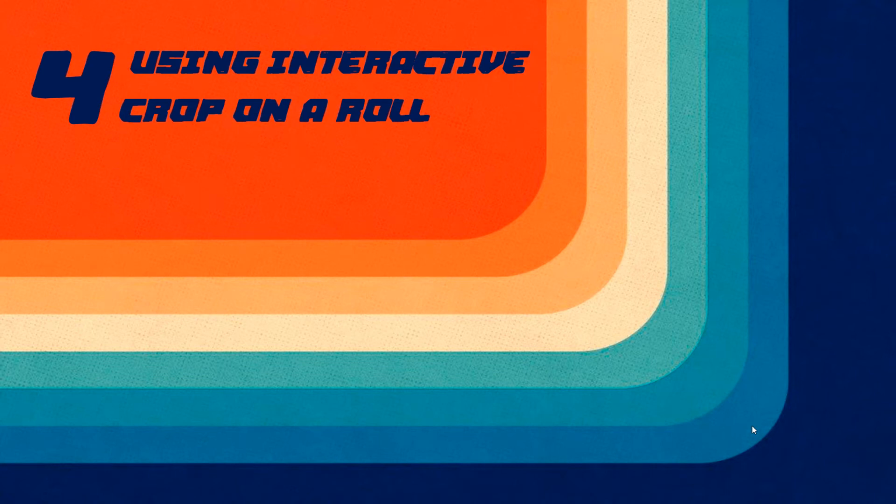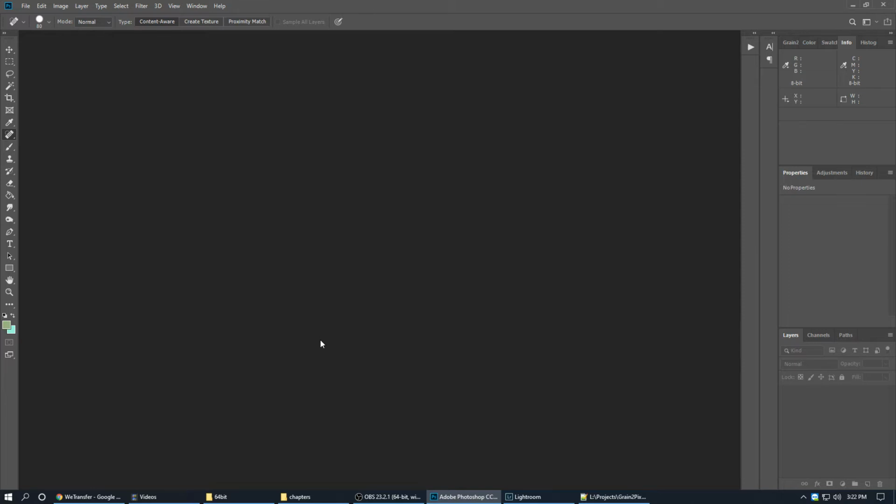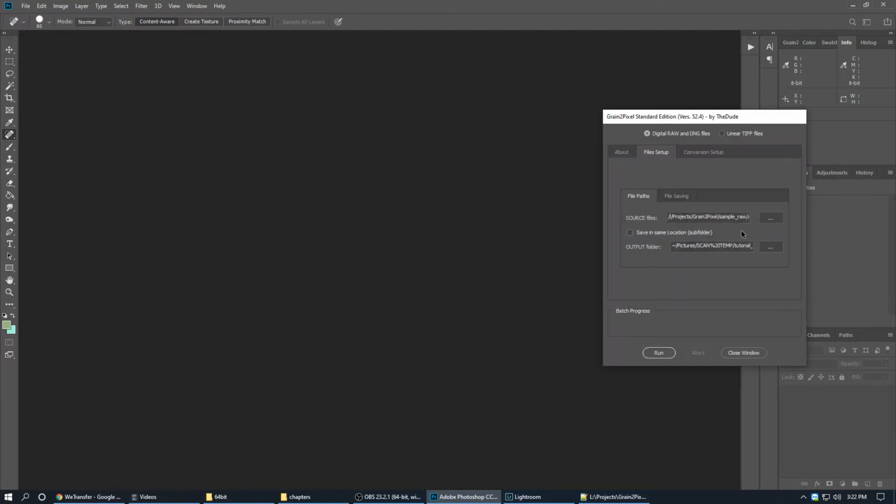Hello again. Let's make a short tutorial now about how to use the interactive crop tool on a roll, on multiple scans, or even on a single scan. For that, we need to open our Grain2Pixel plugin. I'm going to do that, and I'm going to use some scans received from a user a month ago,